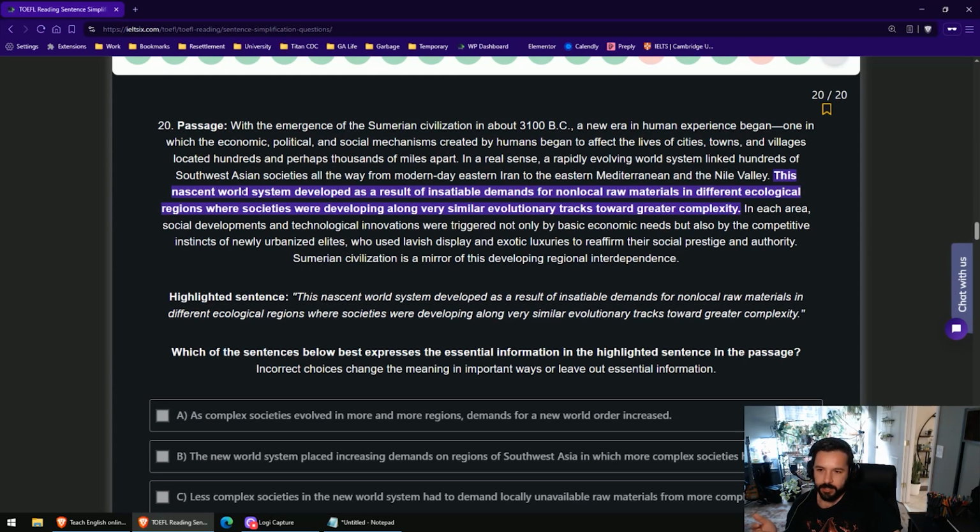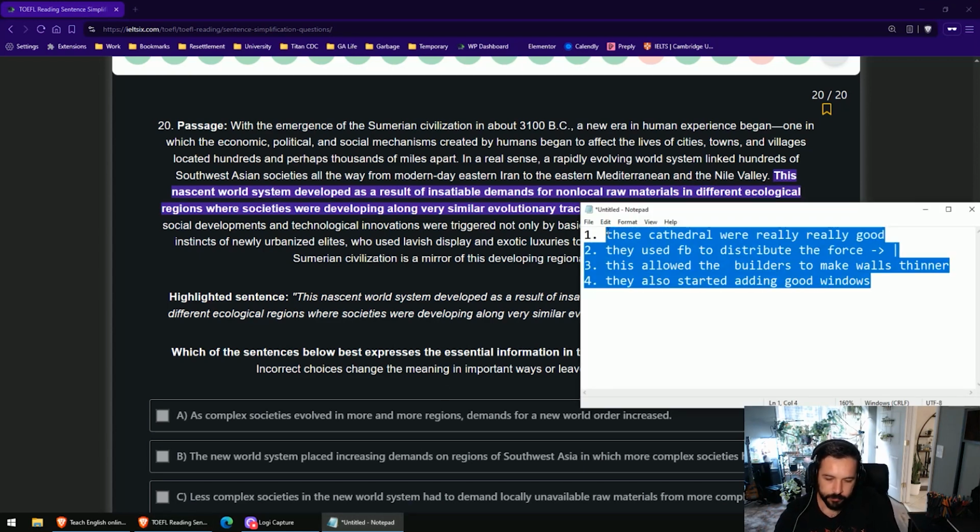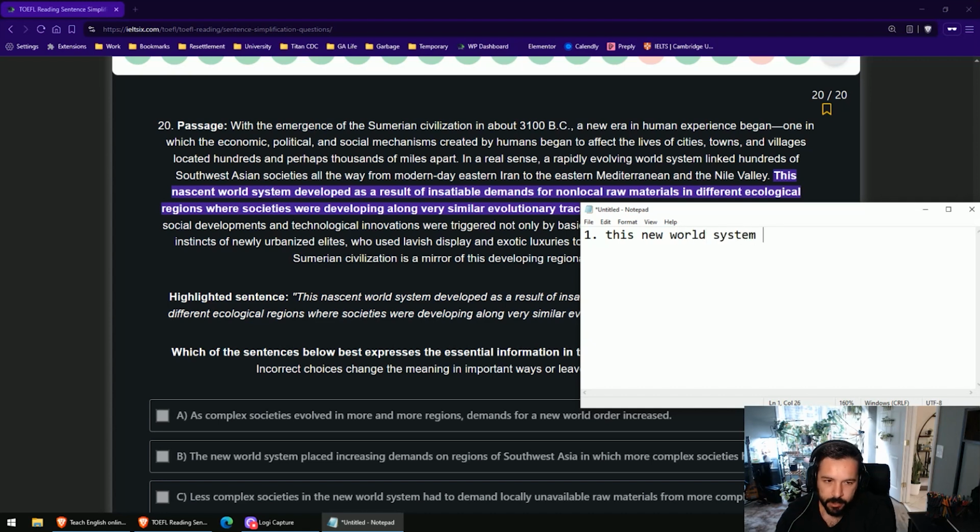Let's see. This nascent world system developed. Nascent, coming from, I don't know the exact root, but it's from being born. The world system developed as a result of insatiable demands. Insatiable means we cannot saturate it. We cannot meet all the demand. We cannot make it happy. We cannot satisfy it. For non-local raw materials in different ecological regions where societies were developing along very similar evolutionary tracks toward greater complexity. So this new world system